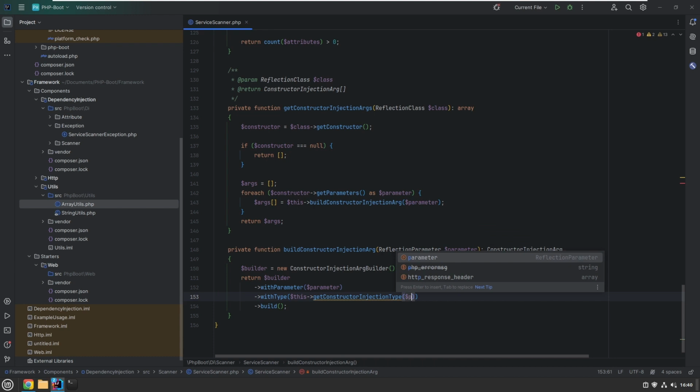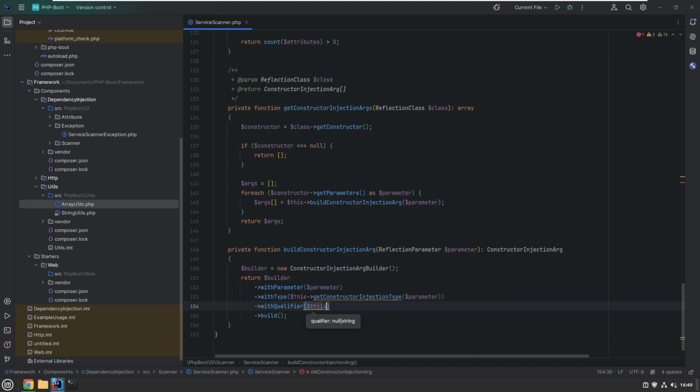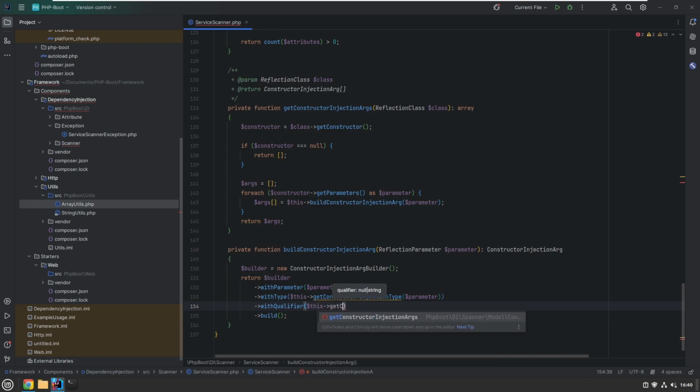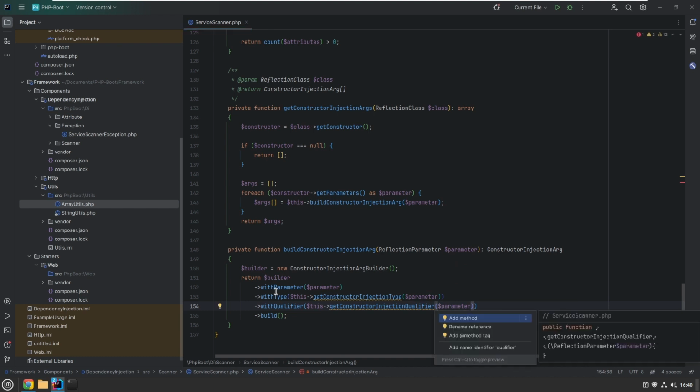And we need to pass our parameter. And what else do we want? Our qualifier or null. And we also build this one in a small function. Injection qualifier, and we need to pass in our parameter. So let's create those